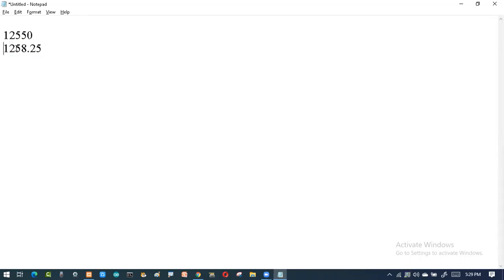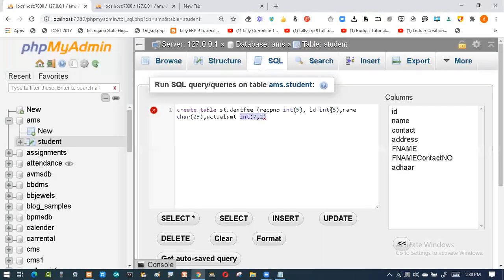Based upon this, you should have a count. You count how many letters are there. This is one, two, three, four, five, and six. Total we have six. Now here how many do we have? One, two, three, four, five. So total we have five digits here, and six digits there. So this is a normal number. I can directly specify this is a number.